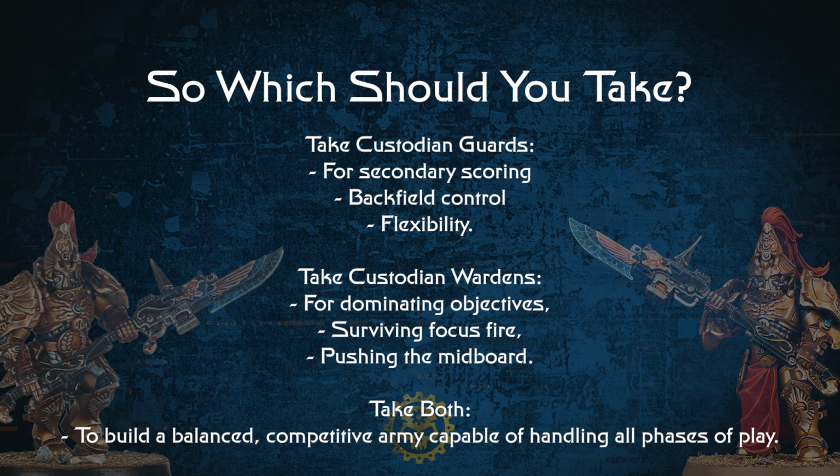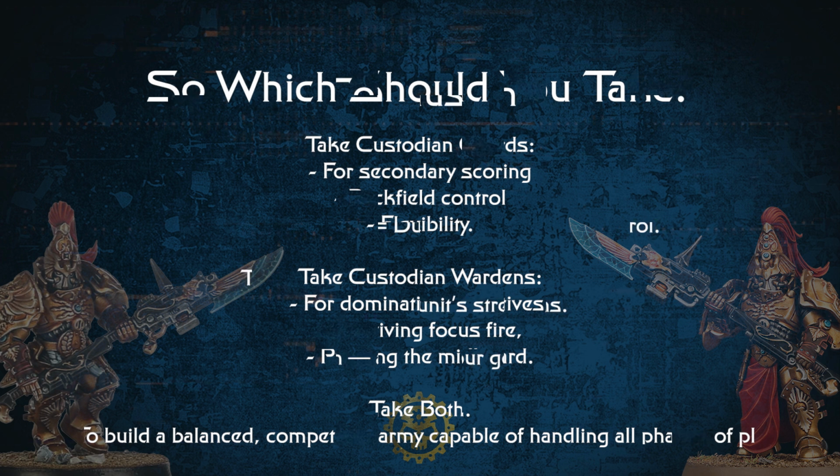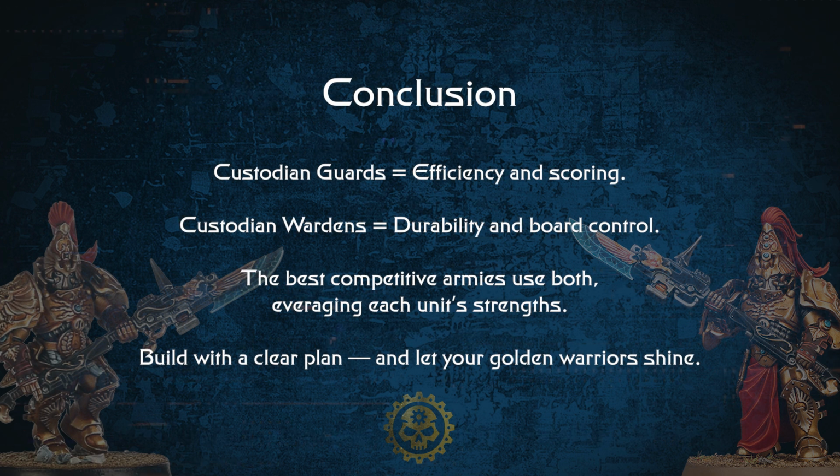Guards support, Wardens dominate. Ultimately, they are complementary tools. You don't have to choose one over the other entirely. The best Custodes lists in the game right now use both effectively, understanding the specific role each one plays in their broader strategy. So, to sum all this up, in Warhammer 40k's competitive 2000 point format,